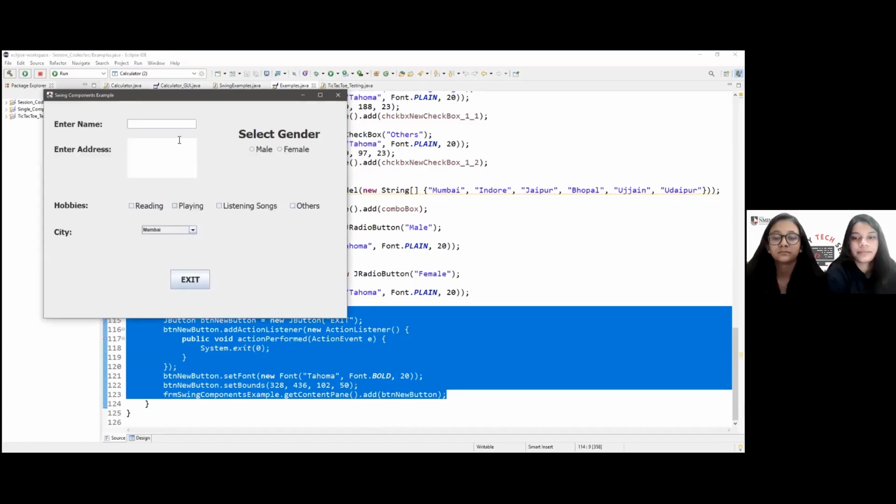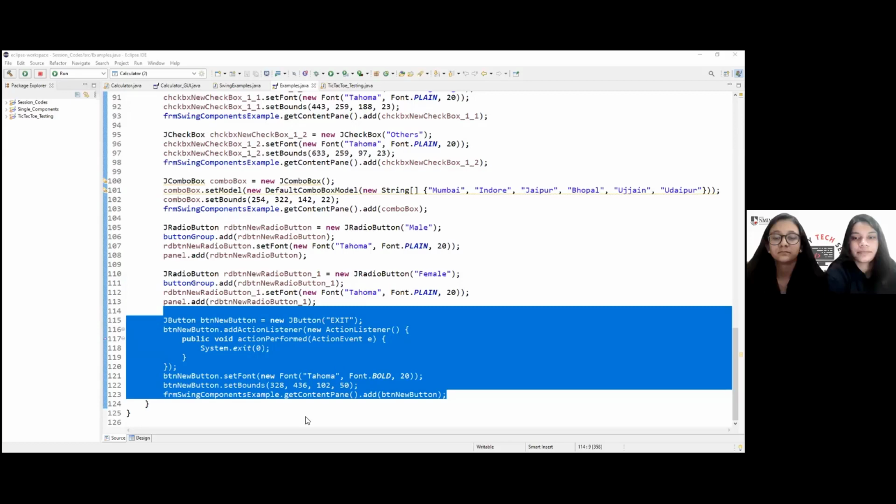So here is our output. Here we have a text field with a single line of input, where we can type in a single line. And here we have a text area in which we can type in multiple lines like this. And then we have two radio buttons with a circular symbol from which we can select one. And then we have our hobbies with the check boxes from which we can select many or one. And then we have a combo box from which we can select any one option. And then on pressing the exit button, as Anushka said, we'll be heading back to our code. So, all right, the code works fine.